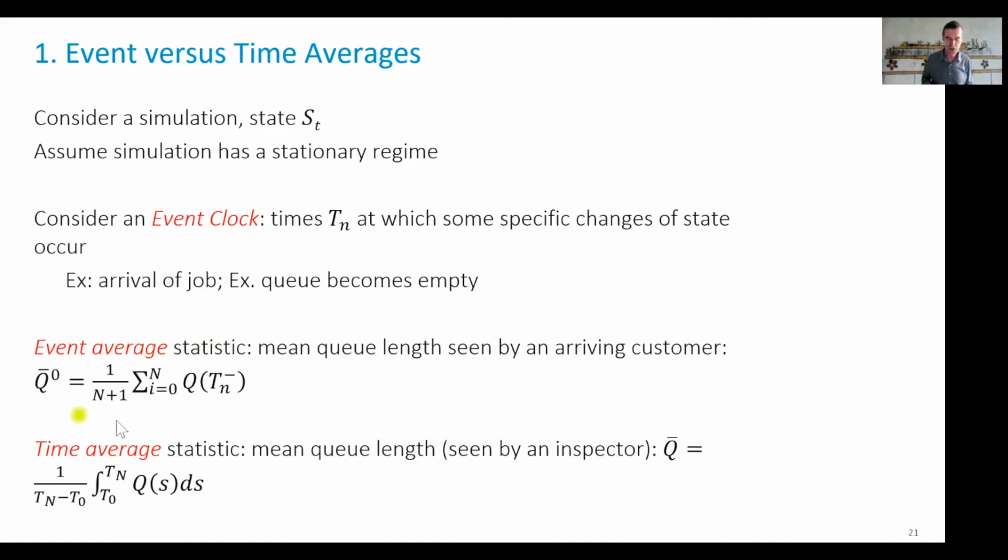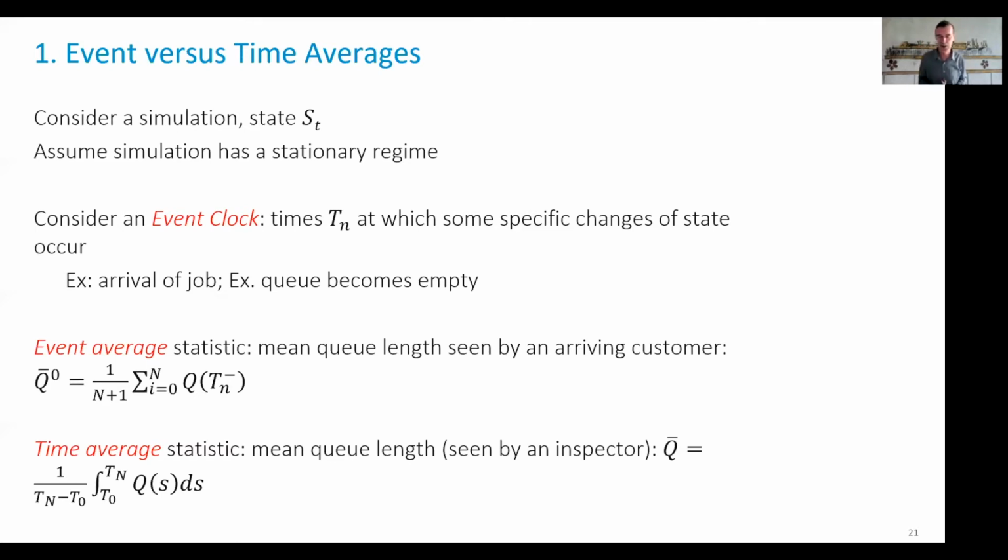Then if I do that, and if, for example, I'm interested in the average queue size, I will obtain a formula of this kind that says the average queue size is 1 over the total number of events, times the size of the queue that I have sampled when there was an event. Here I put Tn minus 1, which means just before, so that's the queue length just before an arriving customer. That's an example that's often used in queuing theory. That is the queue size that is seen by a job that joins the queue. Perhaps that's the queue size of interest.